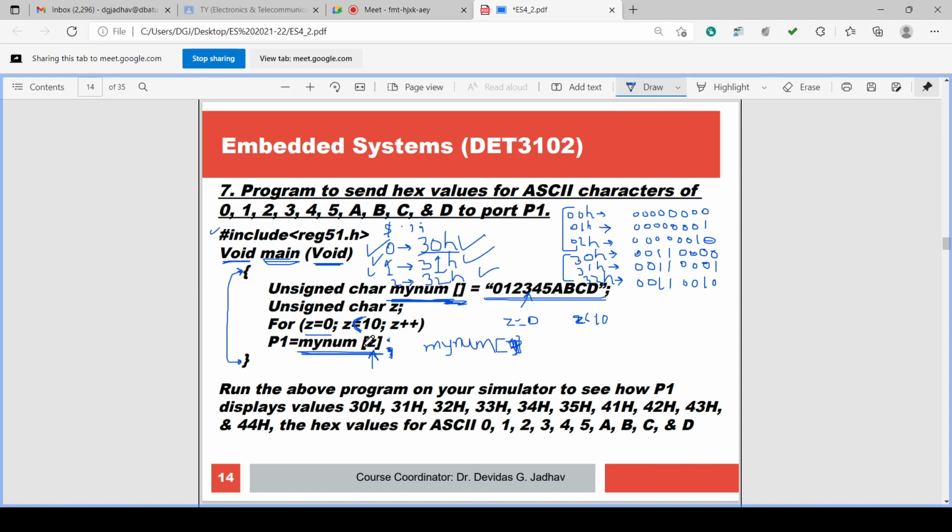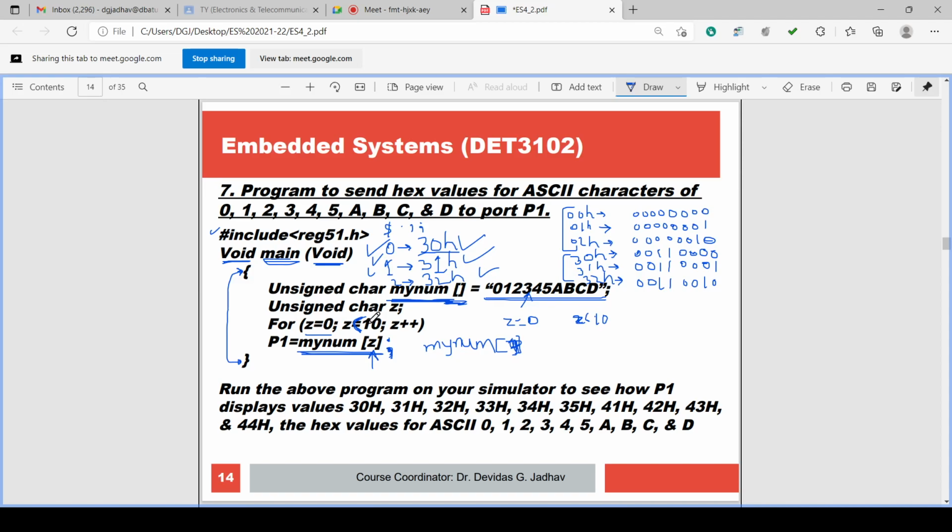P1 will be assigned 44H. After that, Z will become 10, which is not less than 10. For the for loop the condition outcome is false, and the for loop will not execute anymore.